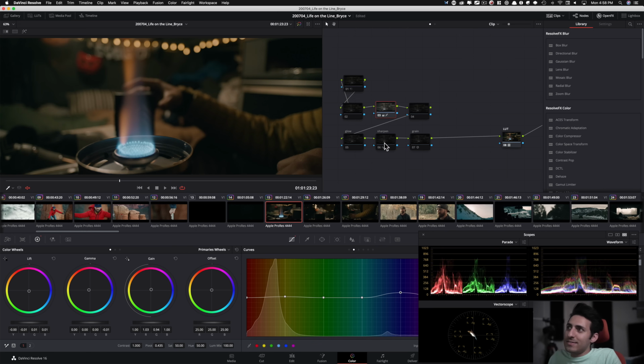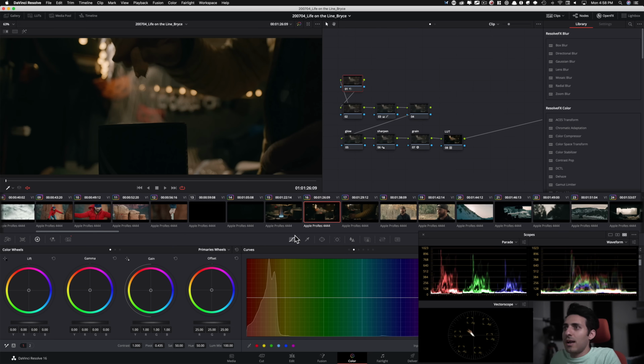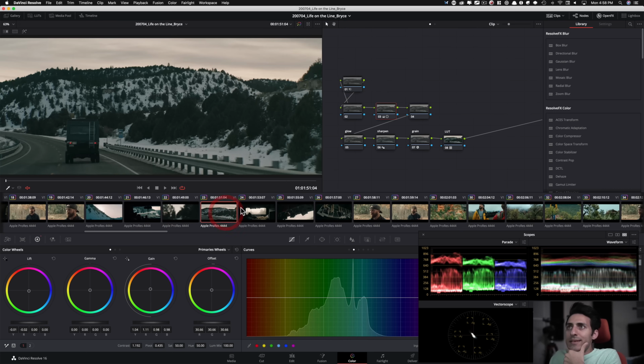So again, just one node did all that. And then boom, boom, these are extra. And then we're done with this shot, moving on to the next shot. And we just go on. For these shots,